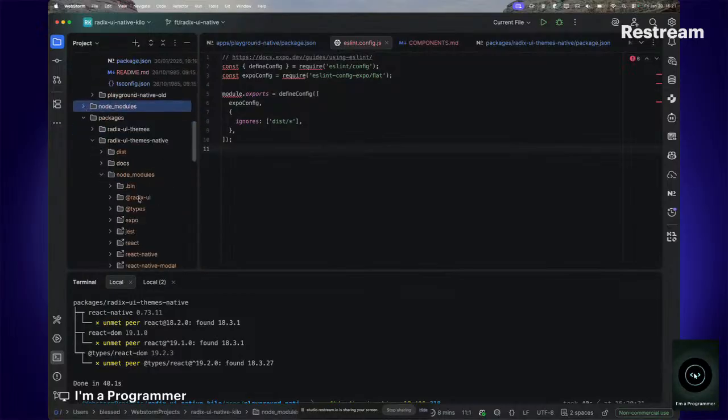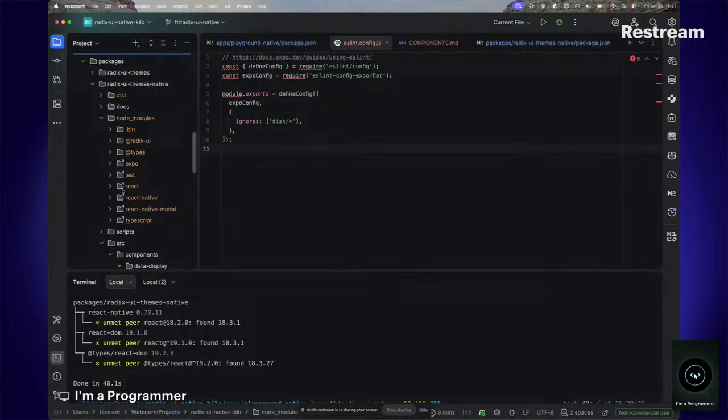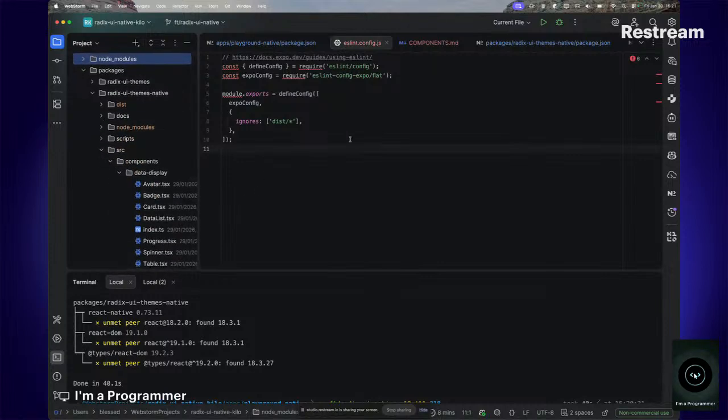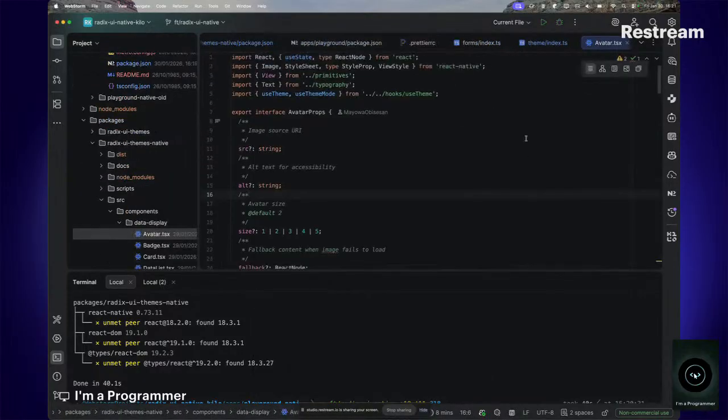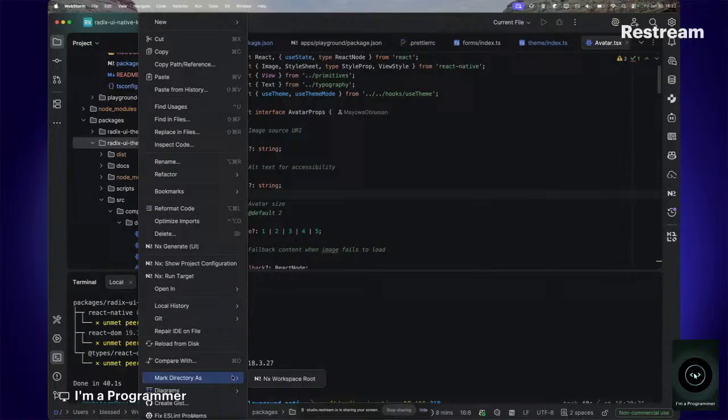Okay, so all right, now let's test it out. Let's see if any of the components still have errors. Still no errors. How do I do this again? What's the next thing to do? Can I mark directory as